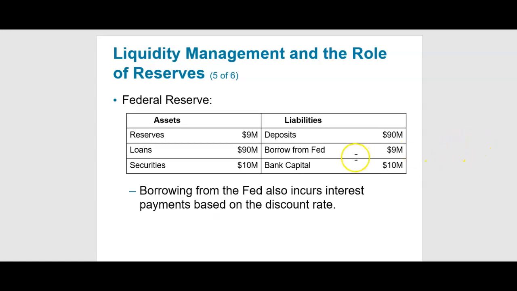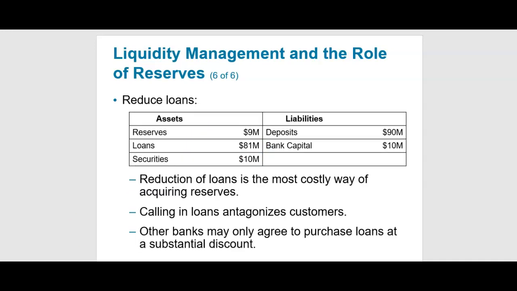The other part that we have here is to borrow from the Fed, and that's the discount rate, if you remember from the beginning when we talked about the Federal Reserve. So all in all, the liquidity manager is looking at the reserve requirement, is looking at how much they have, is trying to control the deposit outflow, and thinking, okay, how can I cover that reserve hole that I have? And as we have said, we have different ways of doing it. Either borrow from the Fed for the discount rate, borrow from others, depositors or banks, and pay the interest rate that's there, sell your securities or part of them to cover your reserve requirement, or the most painful piece is to eliminate some loans.